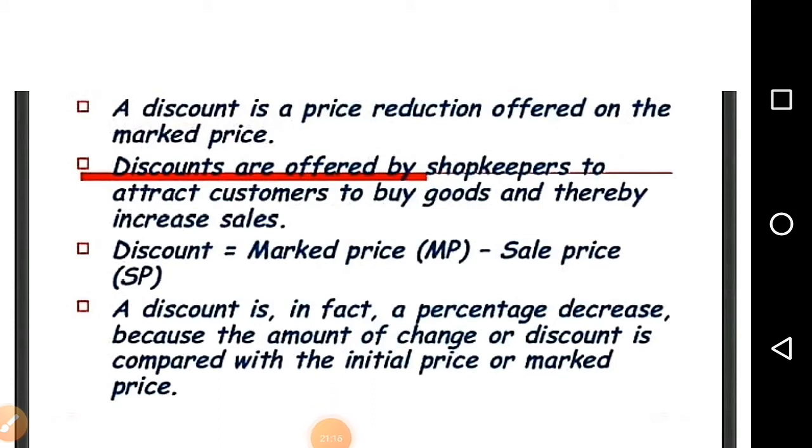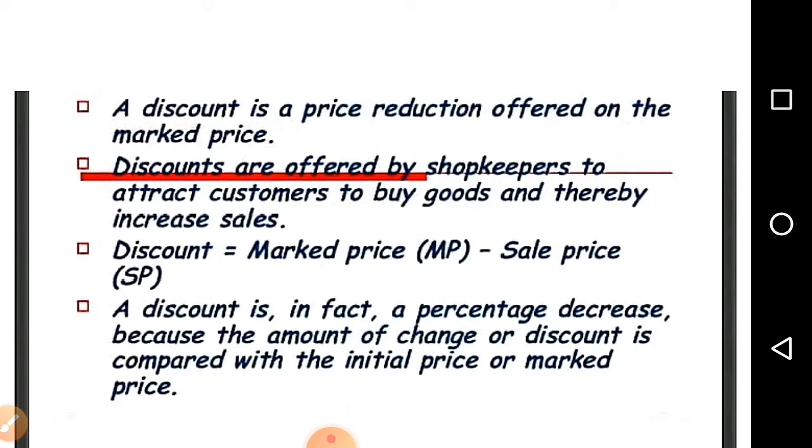So now we will see discount. A discount is a price reduction offered on a marked price. Whenever you purchase any object, they give you some discount offers, say 5% discount. So you have to pay 5% less on the price. Whenever discount is there, there is a price reduction, so you have to pay less. So in discount the price will get reduced. And if tax is there, then we have to pay more, so that is added. So this you need to understand.